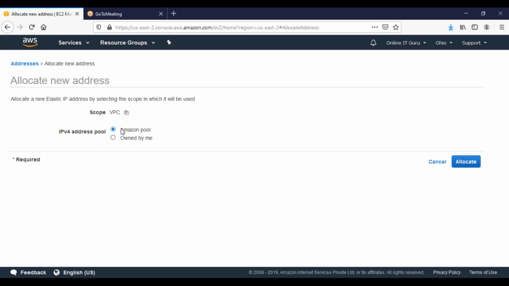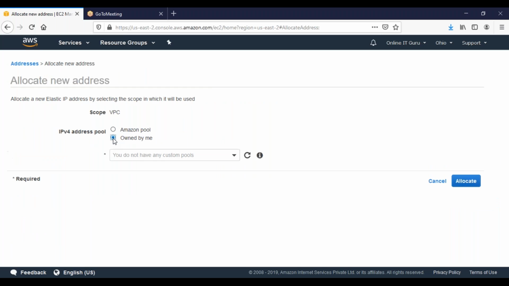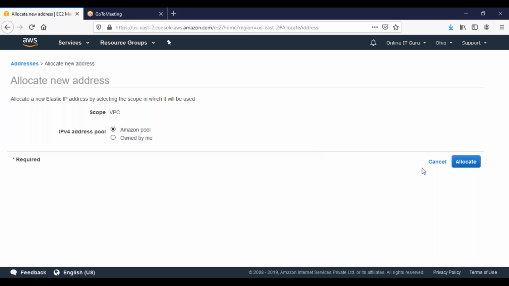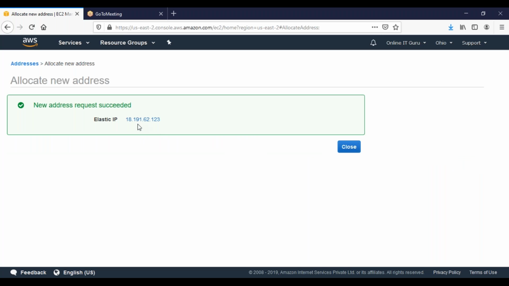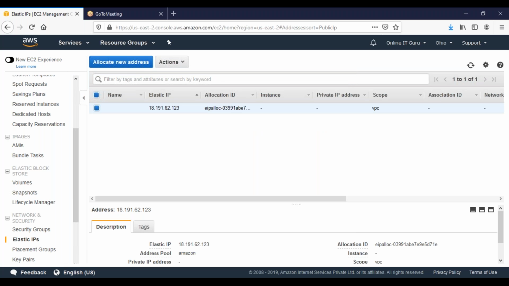Okay, and then I say from owned by me. If you give something like owned by me, then you have to give it here. Something like Amazon pool, then you say allocate, and then it gives me something like 18.191, some IP here. Okay, so something like that, and then you have associate address,